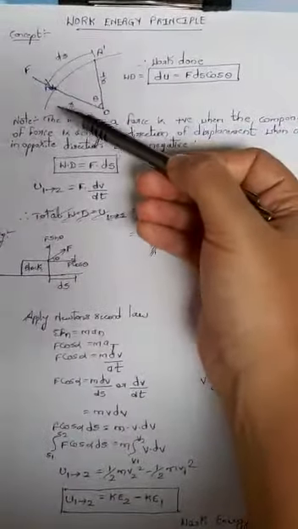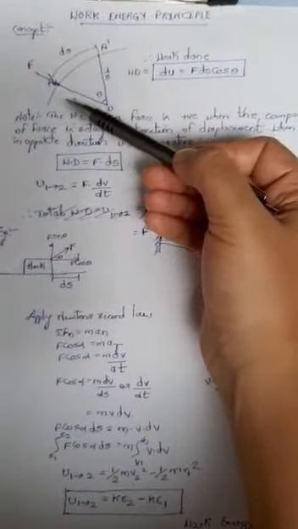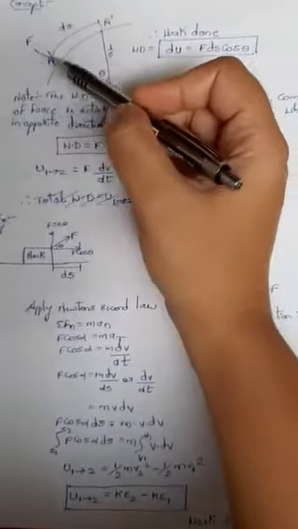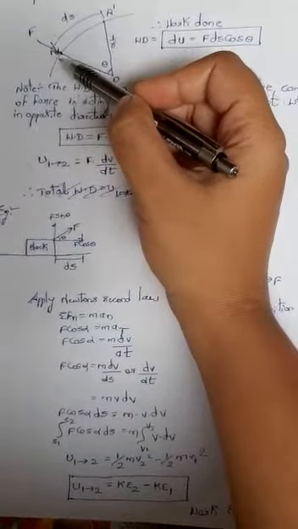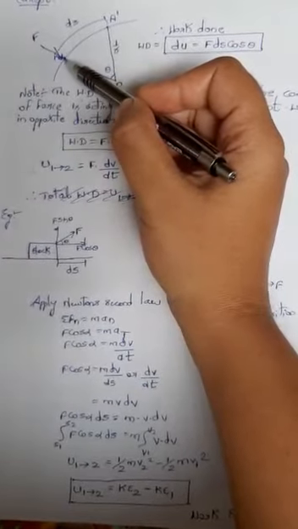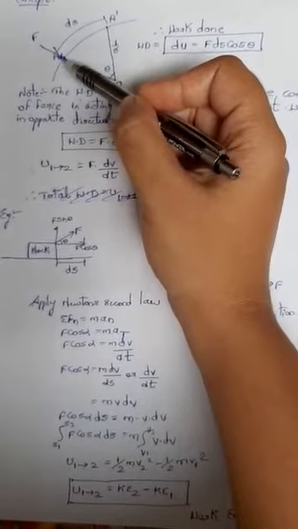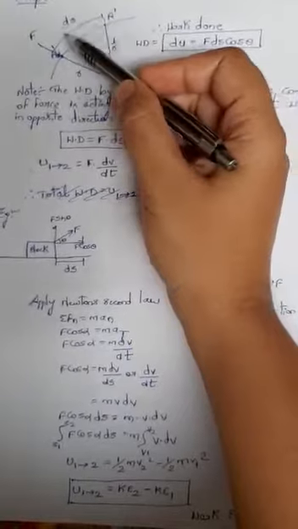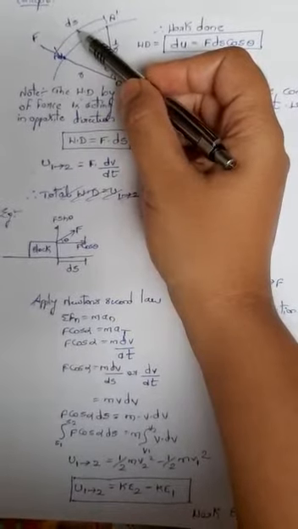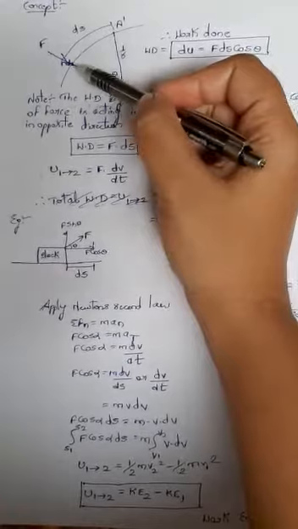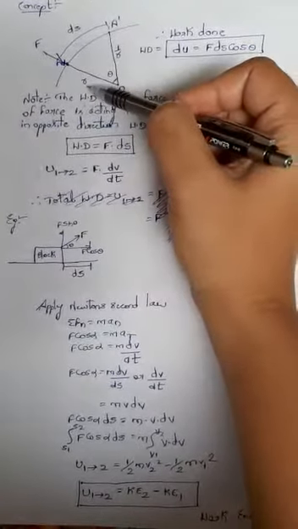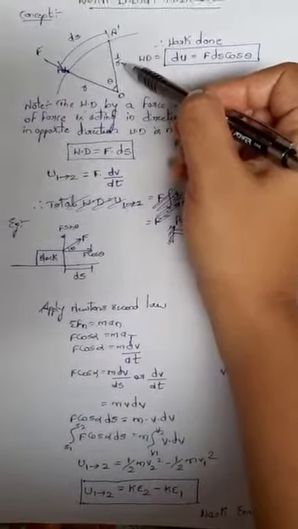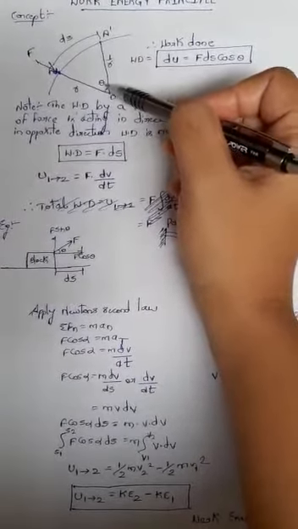Now let's say on this slope, on a curve, initially the particle is at a position A. So what I will do is apply a force F on that particle. Because of that applied force F, the particle gets displaced from position A to A dash. The amount of displacement is very small, that is ds. The position of the particle is represented by the position vector r, and this side it is dr. And the angle made is theta.